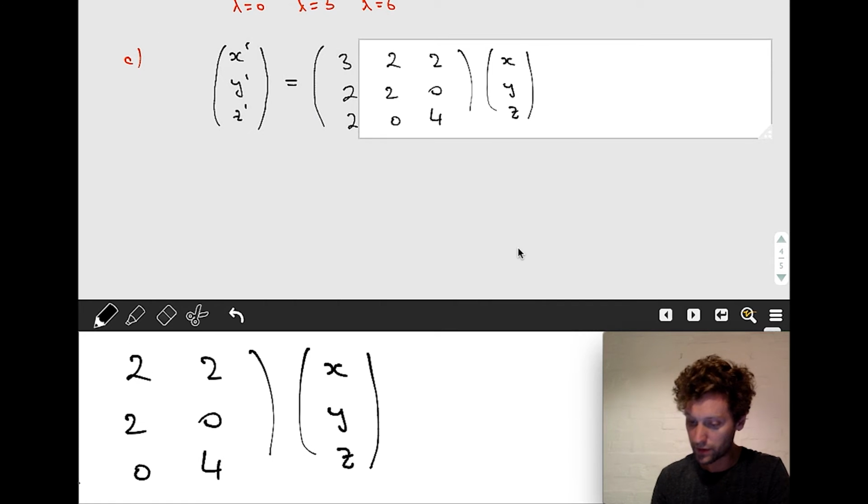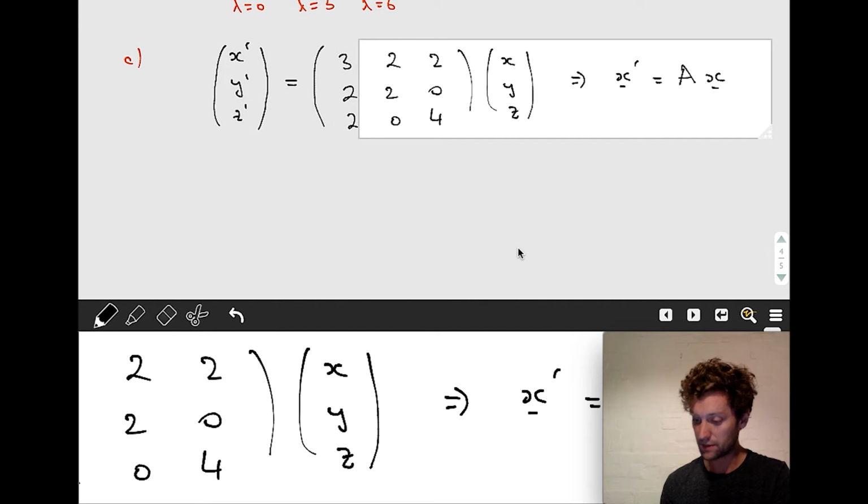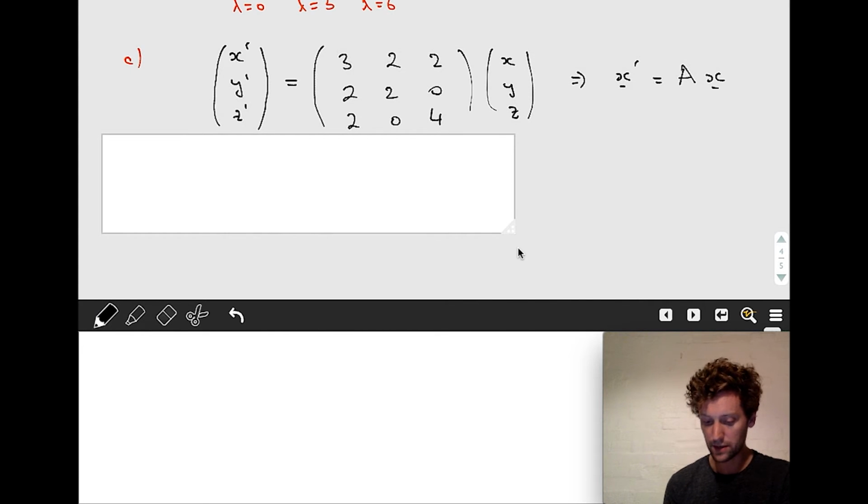So in other words, writing this as a matrix equation, we've got the derivative of the vector x is equal to matrix A times vector x. So this system of differential equations has been written as a matrix equation, and I can immediately write down the solution. X of t is equal to